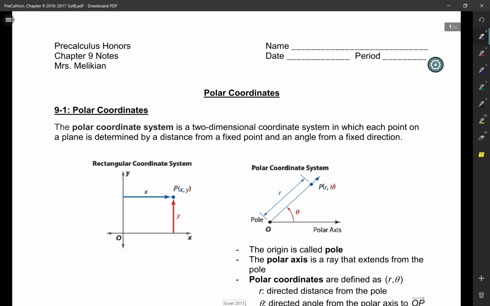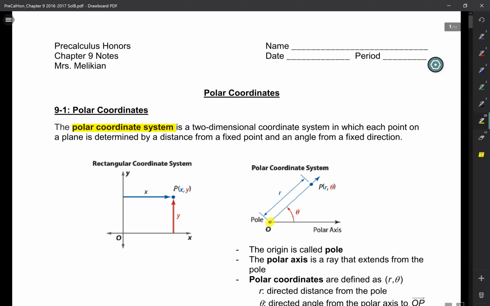All right, so when we do talk about polar coordinates, this is when, again, you've got a two-dimensional coordinate system, but now in order to go from one point to the other point, you're not going to go horizontally over and then vertically up. Instead, if you start from this point here,